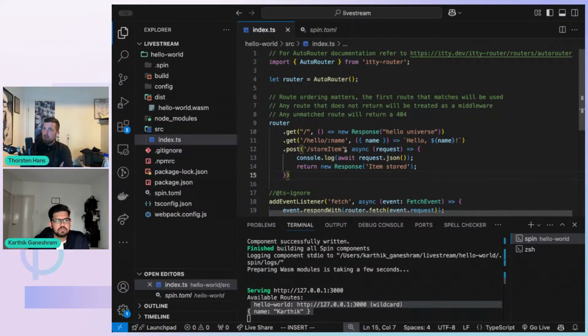I was spending some time with the latest improvements that we did to the Spin SDK for JavaScript and TypeScript, and I found it super convenient that by relying on the itty router now and not re-exporting it, we can also use all the syntactic sugar provided by the itty router package. They have super convenient methods for returning, let's say, a JSON payload with an HTTP status code 200, proper headers set, and so on and so forth. Definitely worth checking out the itty router